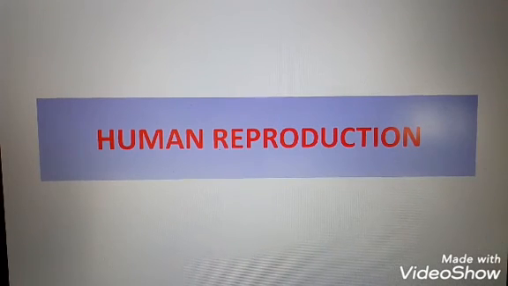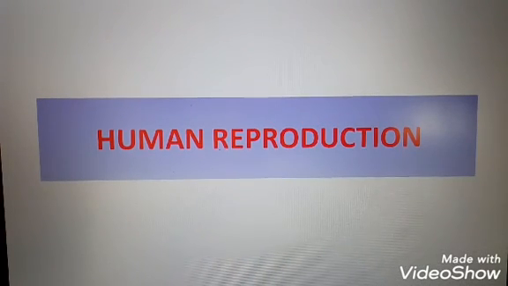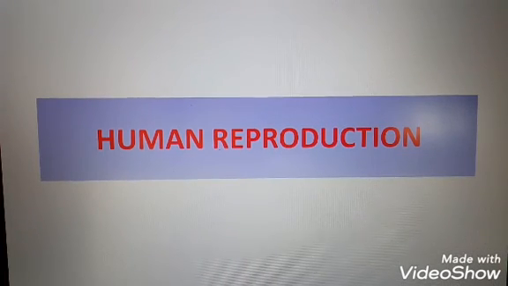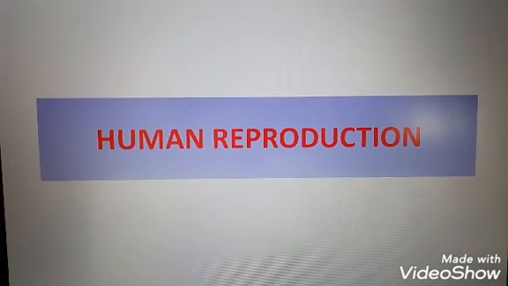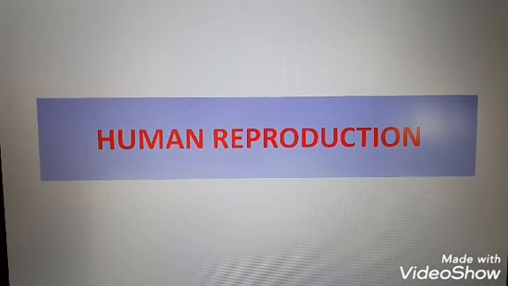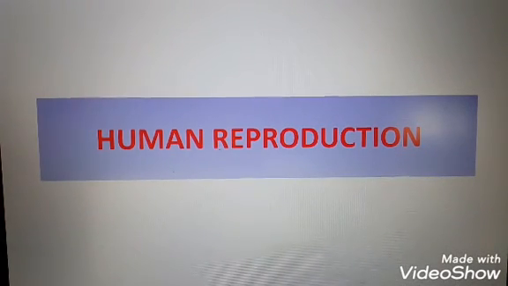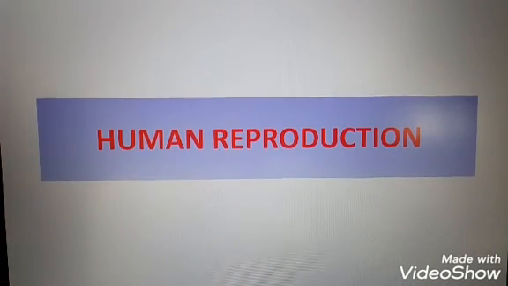Next question is, listen here. Name the organs which comprise the male reproductive system. Here you have to list out the organs which are seen in the male reproductive system. Who discovered Sertoli cells? Mention their role in spermatogenesis. Sertoli cells were discovered by Enrico Sertoli, E-N-R-I-C-O. Enrico Sertoli discovered the Sertoli cells. Sertoli cells provide nutrition to the male germ cells during spermatogenesis.